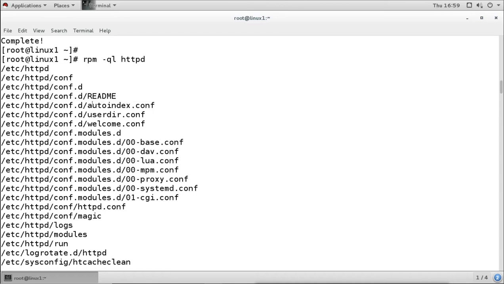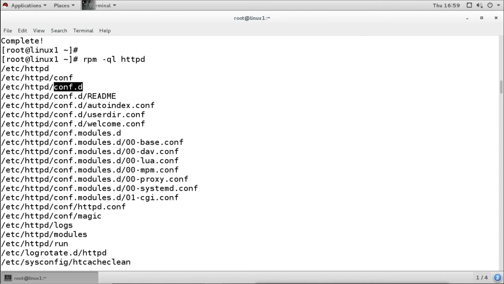For example, we have some files here. This is for the auto index, this is for the user's home directory, and this is for the welcome screen. So when our server starts, it will read all these configuration files. And if we want to add some configuration, we can add it here, or we can change the main configuration file directly. Now when we change the main configuration file and our software updates, sometimes the software recreates the default file, and maybe it will remove your old configurations. So in that case, if you don't want to lose the configuration, administrators create their configuration under this conf.d directory.